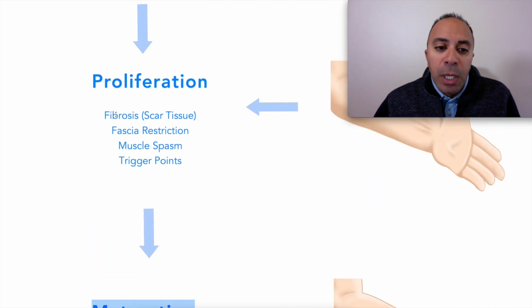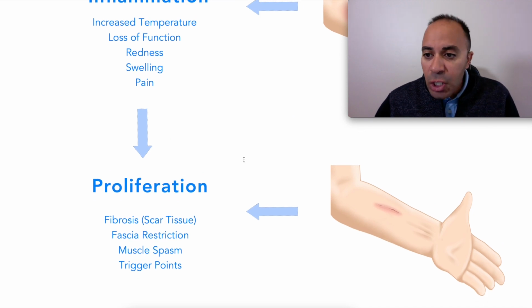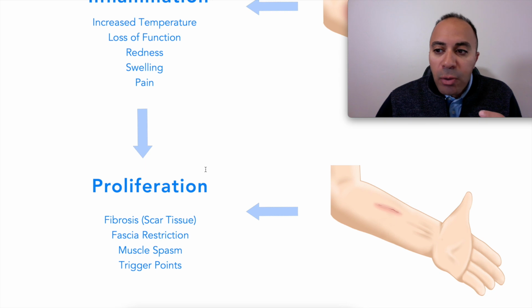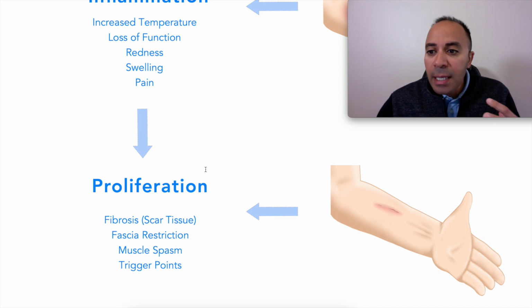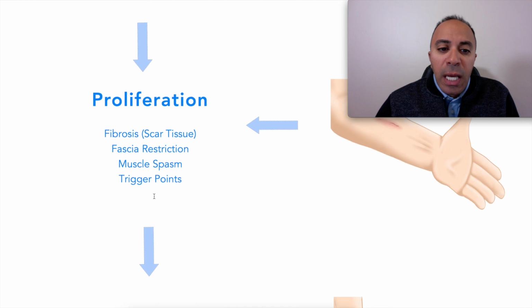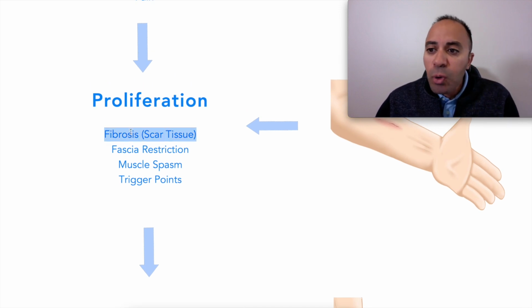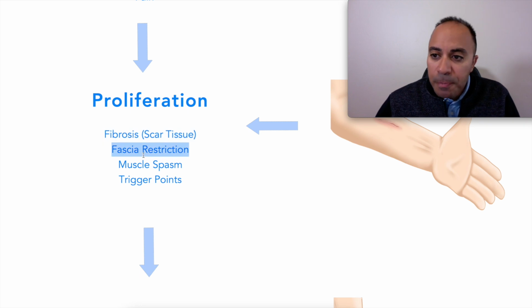Because in the healing cycle there are several issues. It's like your car is out of alignment or your car needs a tune-up. There are a lot of little pieces that are broken or that need to be changed. You cannot expect recovery or getting to the maturation stage if you just work on the fibrosis or scar tissue, or if you just work on fascia restriction and have not worked on the muscle spasm or the